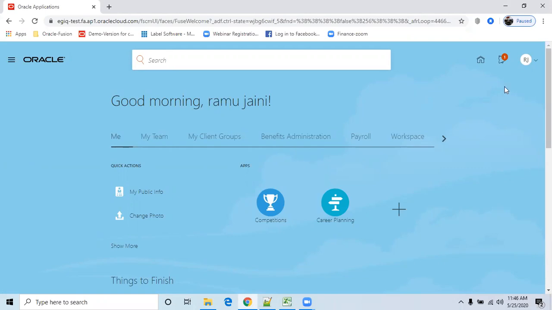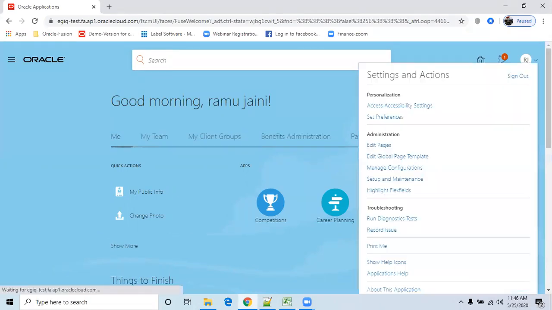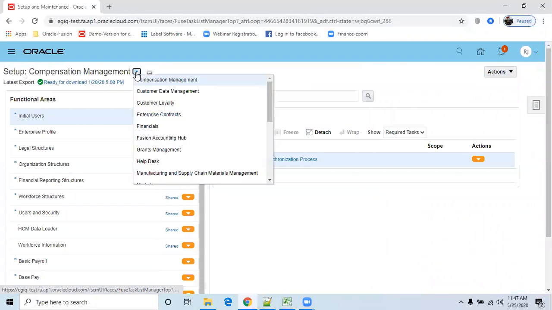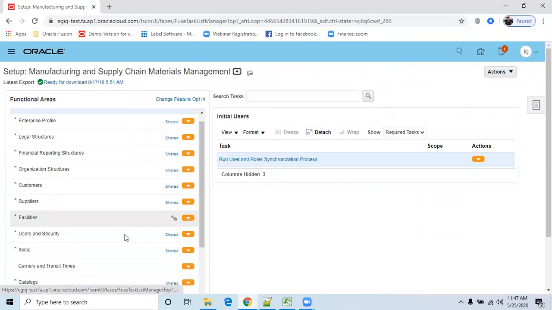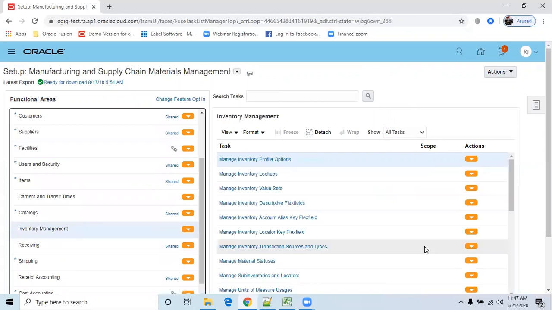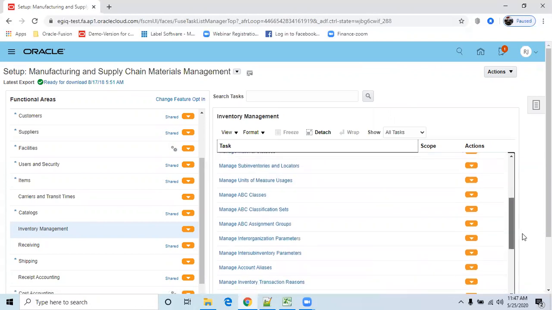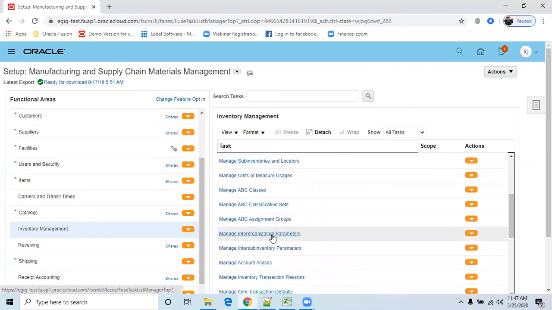First we need to set some configuration in the system. For that, go to Setup and Maintenance, go to Manufacturing and Supply Chain, Inventory Management, and here Manage Inter-organization Parameters.